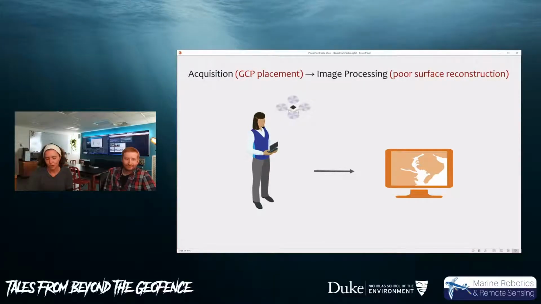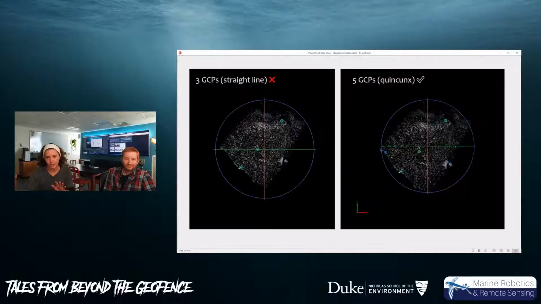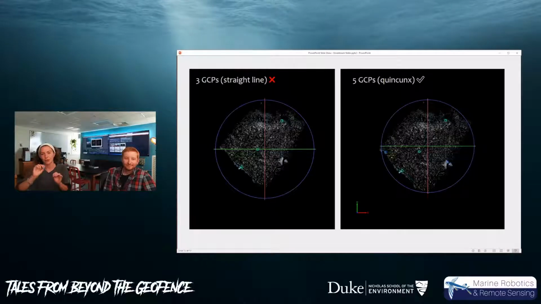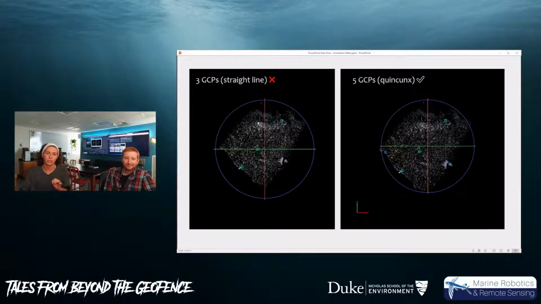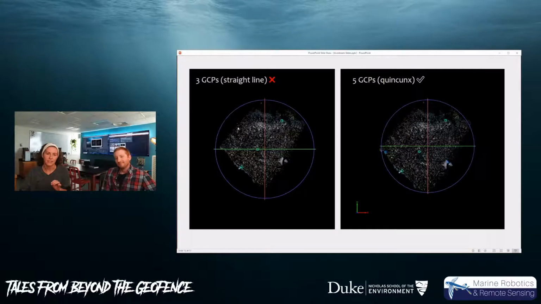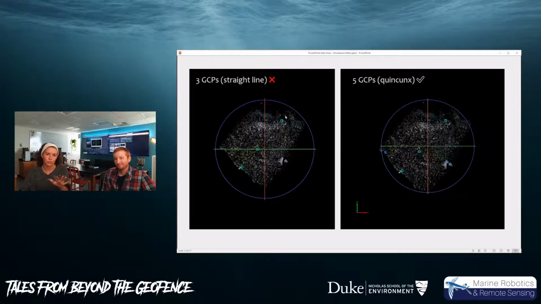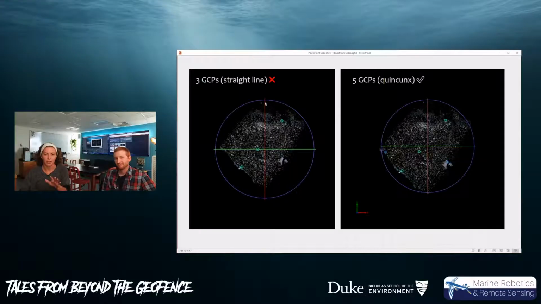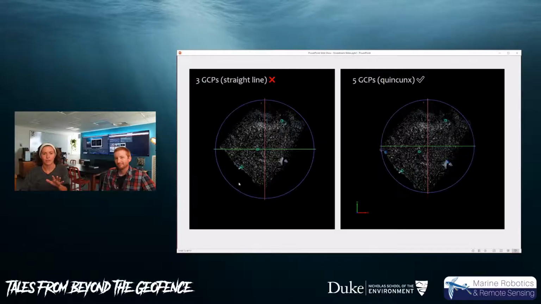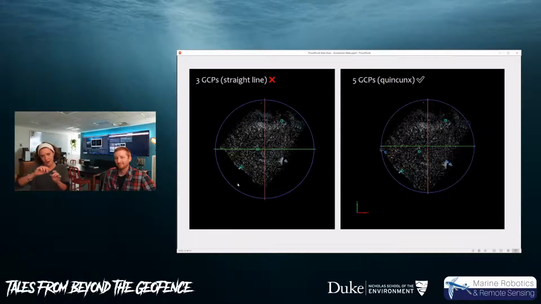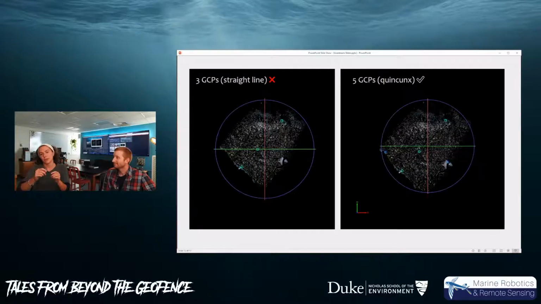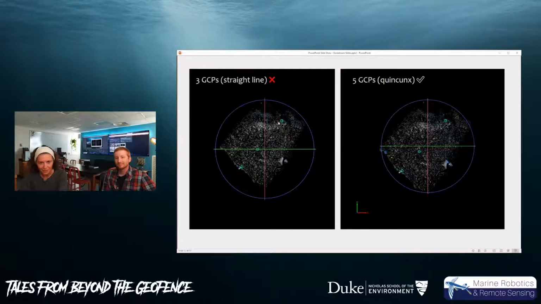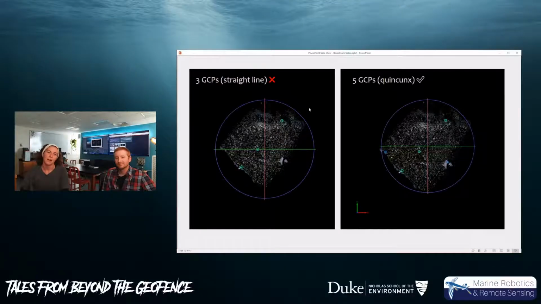So I'll bring up this image and explain it in a second, but first I want to explain what a ground control point is. If we just look at the left side for right now, this is a sparse point cloud surface of a marsh site, right? This is a boardwalk going across. These are a bunch of trees, and then it goes down into a river here. So it's a big area, and a ground control point is one of these three little green dots that you see there.